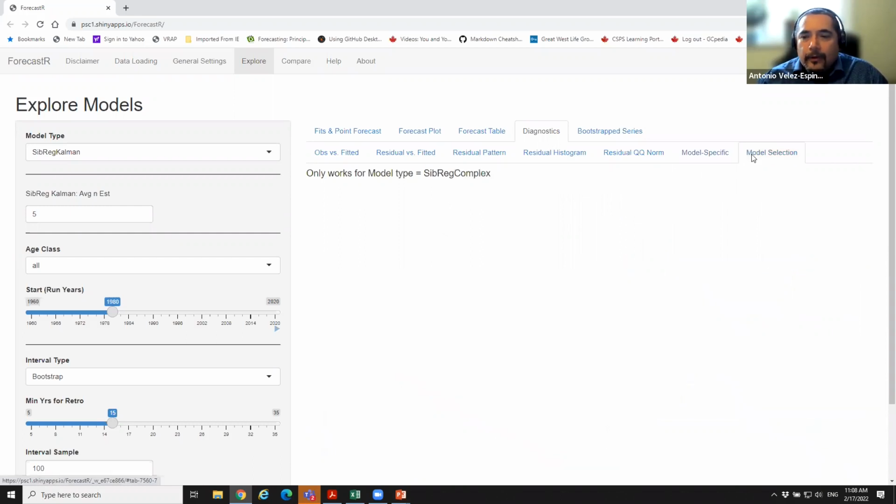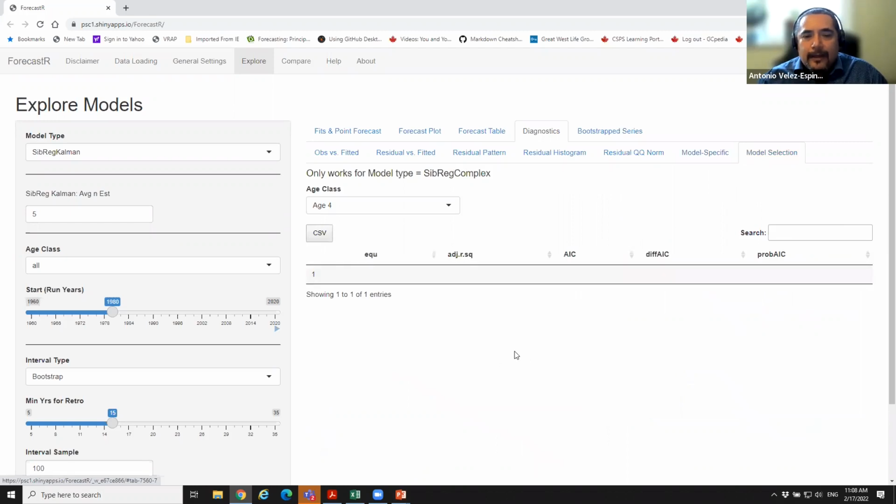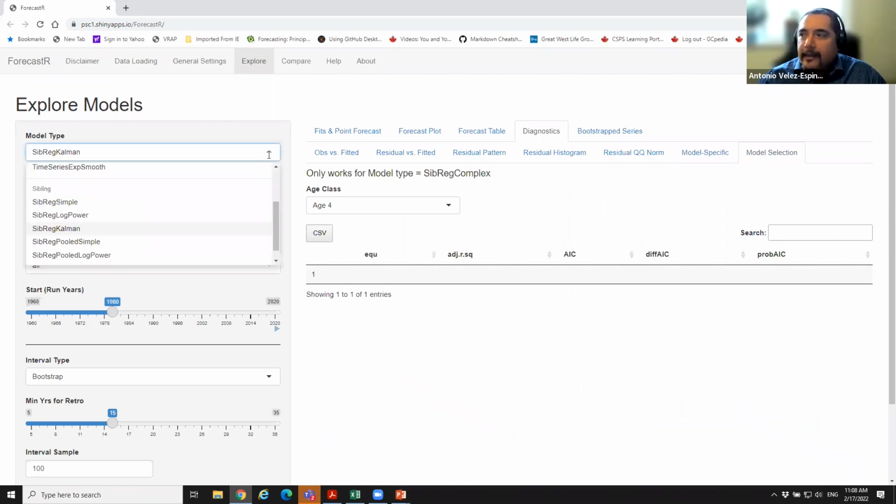And then there is some model selection, right? So this one, as I said, for the sibling regression, because you may have a variety of models depending how many covariates you included in your input file, right? Here there is going to be a model selection based on the Akaike information criterion, AIC, but also on your R squares from regression. So let's see. I want to select now the